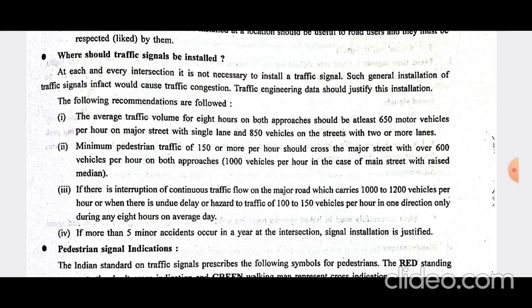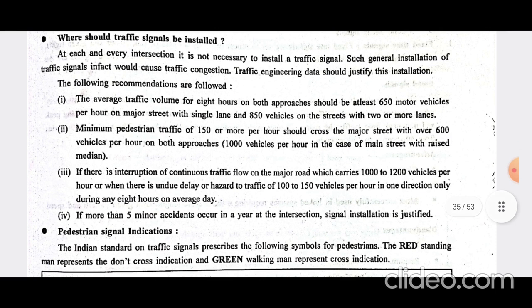So the next topic is where traffic signals should be installed. At each and every intersection, it is not necessary to install a traffic signal. Such general installation of traffic signals would in fact cause traffic congestion, and traffic engineering data should justify the installation. So here are some of the recommendations. The first one is the average traffic volume for an 8 hour period on both approaches should be 650 motor vehicles per hour, and on a major street with a single lane it is 850 vehicles on a street with two or more lanes,